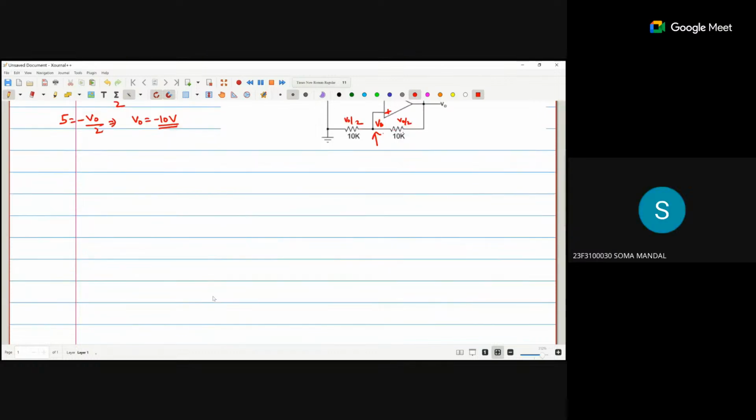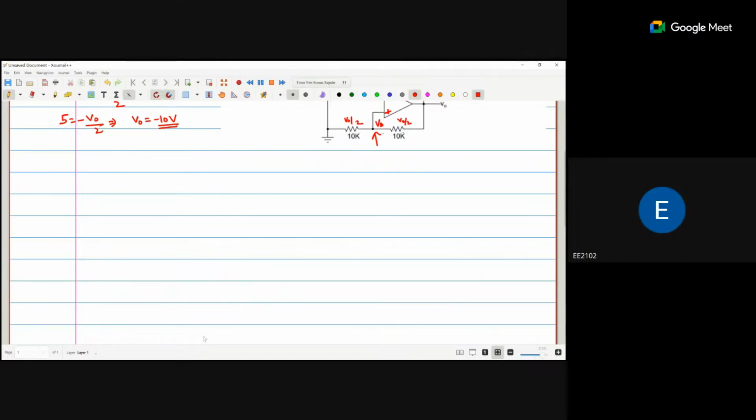Sir, in question 9 of graded assignment 2, I used the direct formula for three resistances. For two resistances, the output voltage V0 equals V2 into R1 by R1 plus R2,